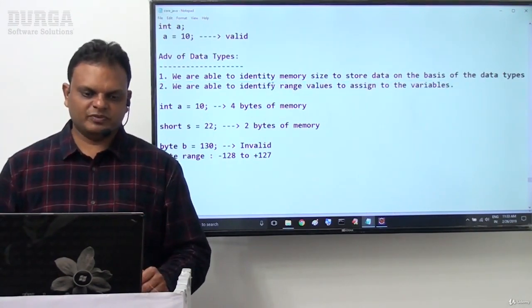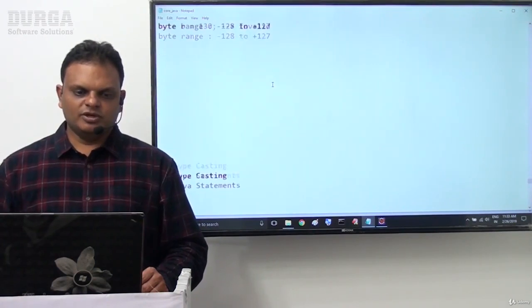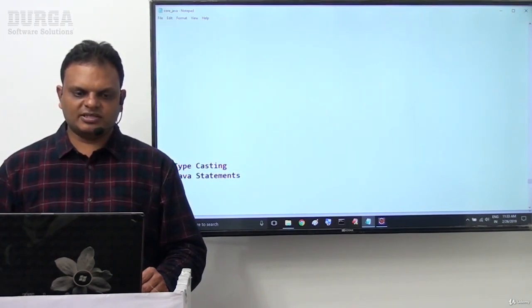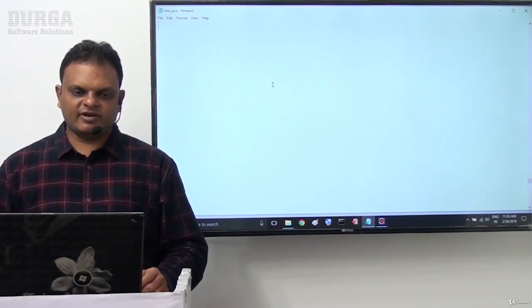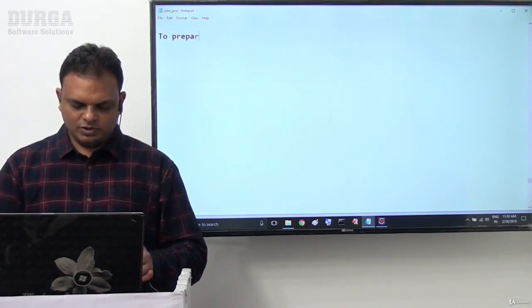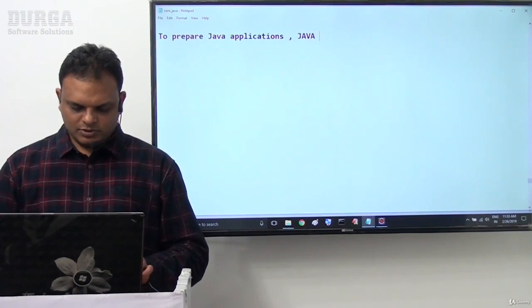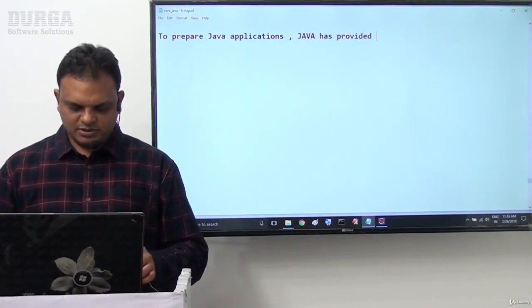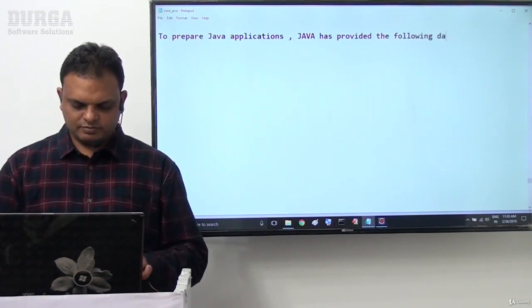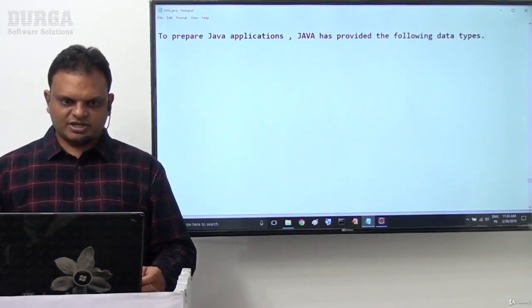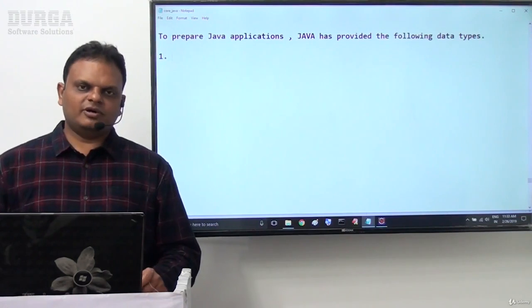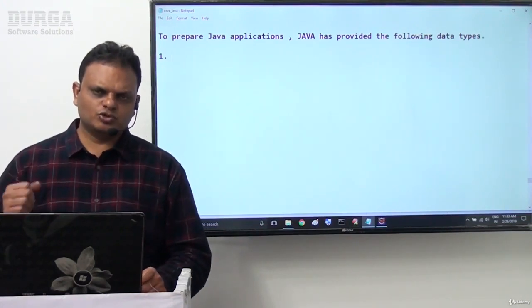Next, to prepare Java applications, what data types are available? Java has provided a set of data types. What are the various data types? In Java, all the data types are divided into two types.